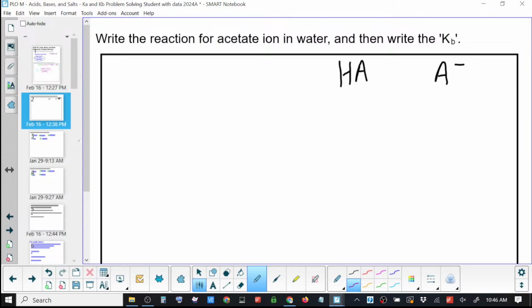Where's your Kb for the first one? We already did that. How did you do the Ka? We just did that. So Ka is just the same thing with that? And Kb is the same thing with that? Okay, HA is the weak acid, because it's got an H. So what would A minus be? A base, yeah, because it can accept the proton.